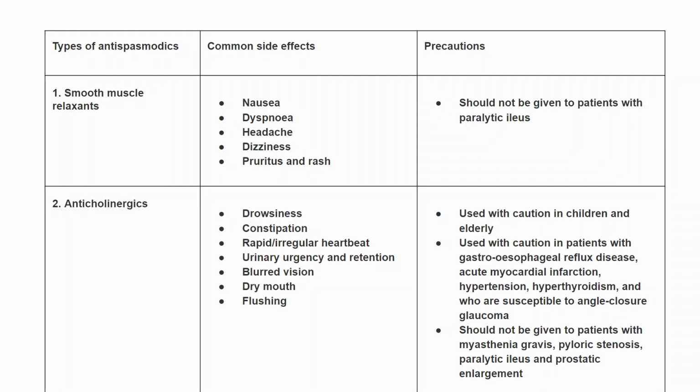The NSAIDs like diclofenac can be given, but will not have a very specific effect because the mechanism of the pain there is due to the spasm, rigorous movement and constriction of the smooth muscles, that there would be pain. So relieving of the spasm also can relieve the pain. And again, antispasmodics could be of two categories: antispasmodics which relax the smooth muscles, and then